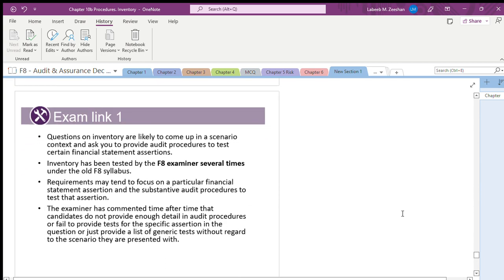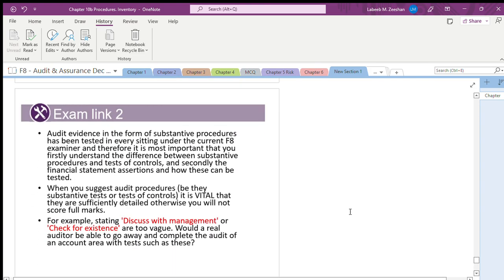What do they say? Questions on inventory are likely to come up in scenario-based questions with respect to the audit procedures. Inventory is tested by the examiner several times, both in the old and new syllabus. Requirements tend to focus on particular statements and substantive audit procedures. They have commented from time to time that candidates do not provide enough detail in the audit procedures. People provide general information. Here also they have mentioned